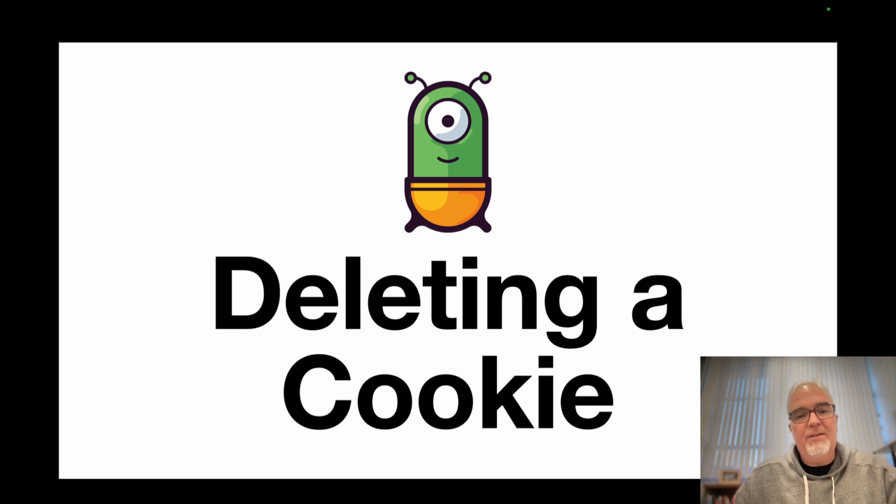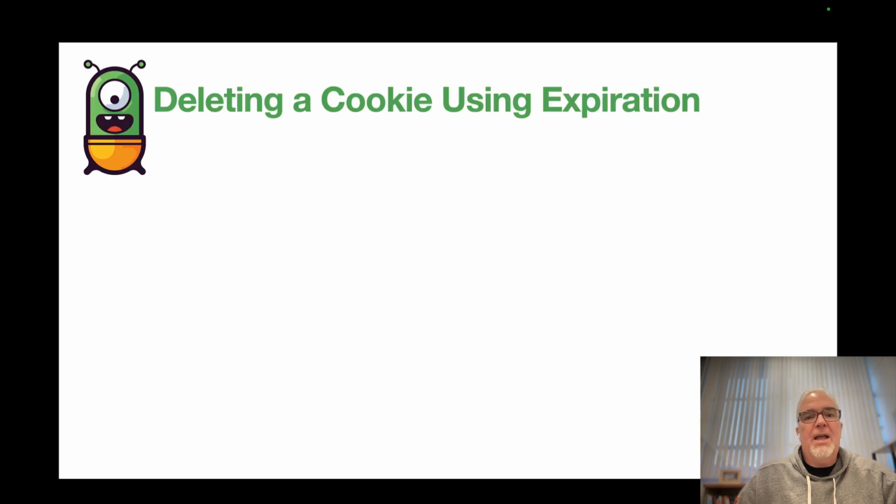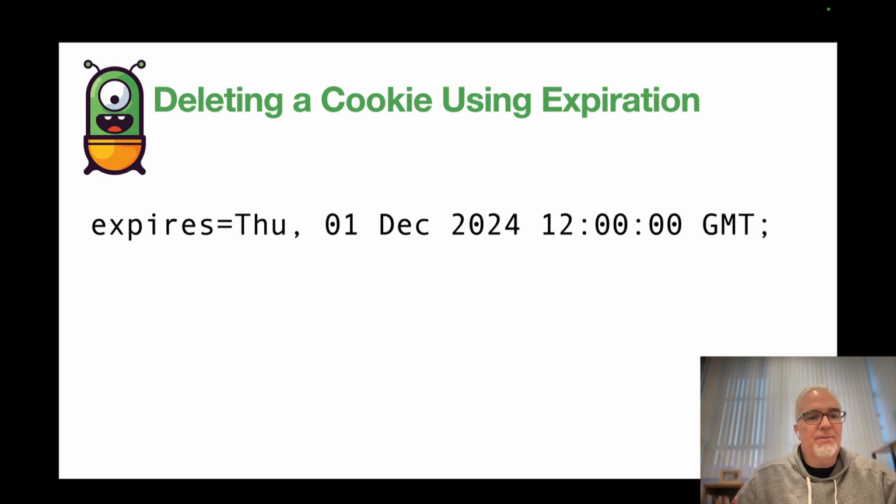And unfortunately, I think cookies use a pretty esoteric way of expressing the date and time for expiration. And so the proper format for an expiration date looks like this. So we use expires equals, and this is inside the cookie string. We use expires equals, and then we use a very specific date format. The day of the week, comma, and then a 2-digit day, a 3-character month representation, then the year, and then the time using a 24-hour